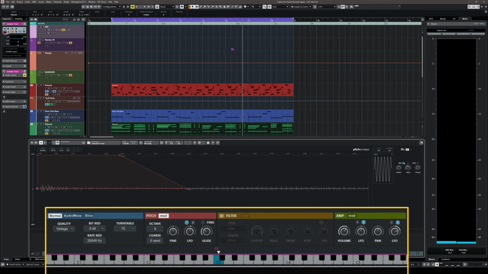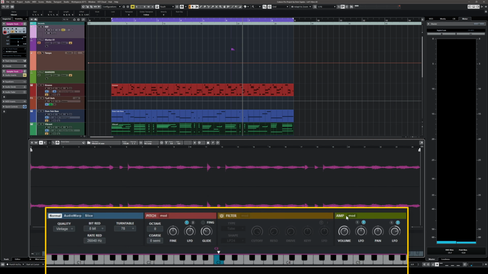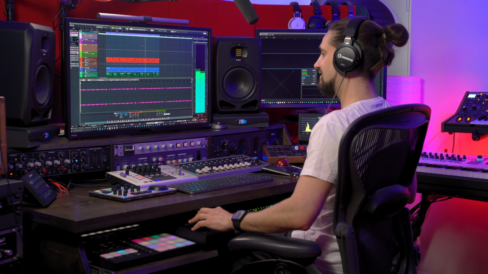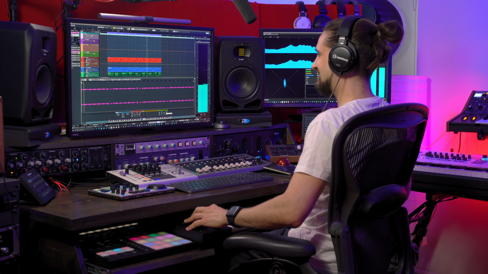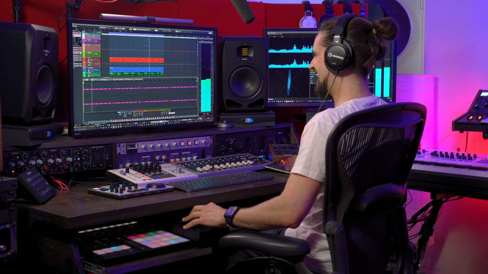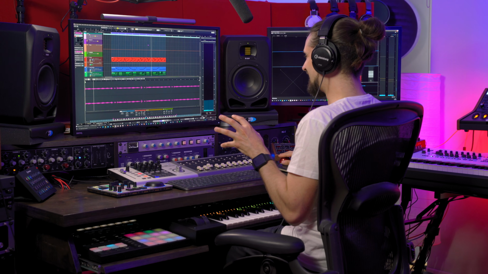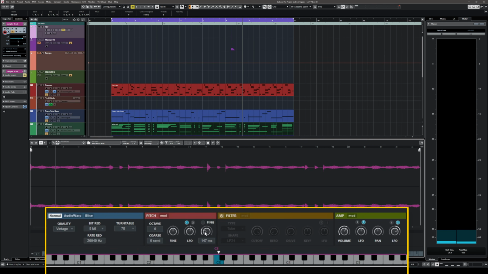As you can see, I have a little bit of an LFO here, and I can control this LFO using my mod wheel. Or maybe I want to have a little bit of a pan LFO, as you can see right here. So now, if I play this, and the other thing that I've done is I've added a little bit of glide, and this gives me a very beautiful kind of